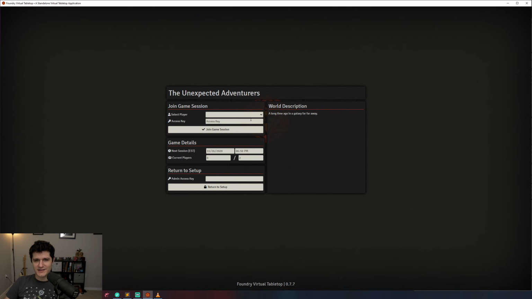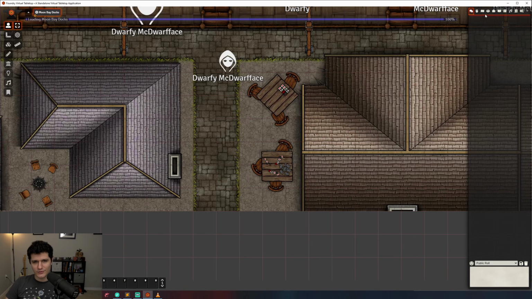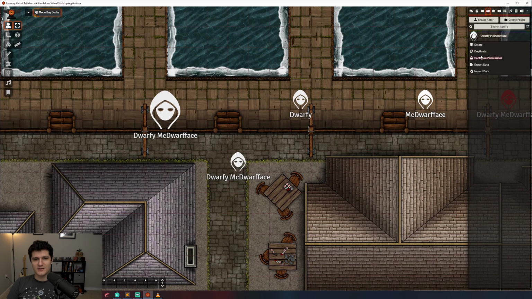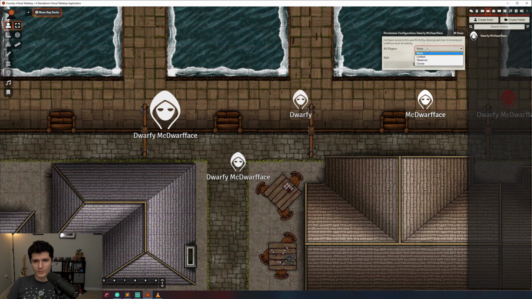Now we can go back to the Actor tab in the right-hand sidebar and find the actor we want to give the player control over. Right-click on the actor and click Configure Permission. In the new window, you can give a permission to all players or just a specific player. The options are None, Limited, which makes it so a player can see the actor in the sidebar and some